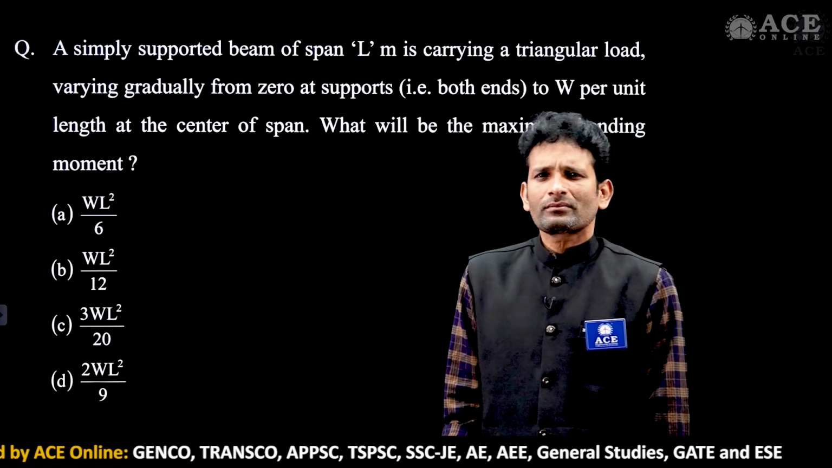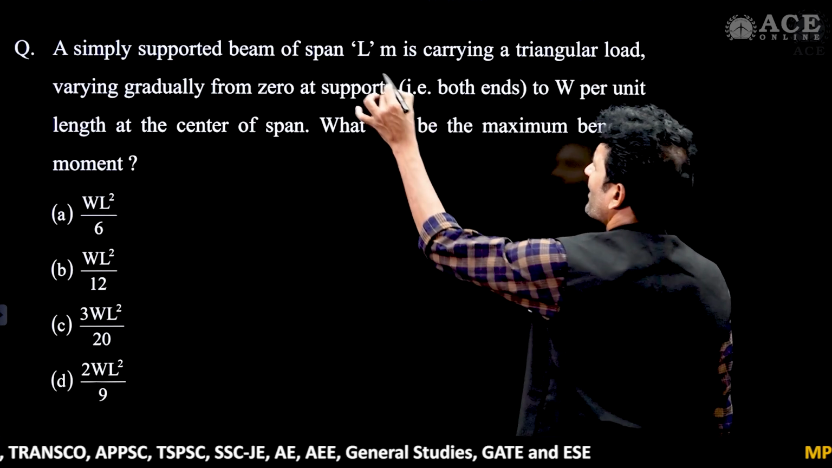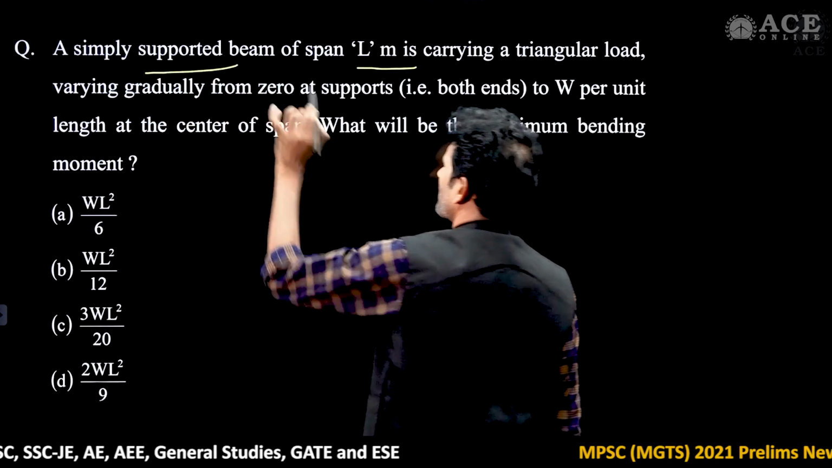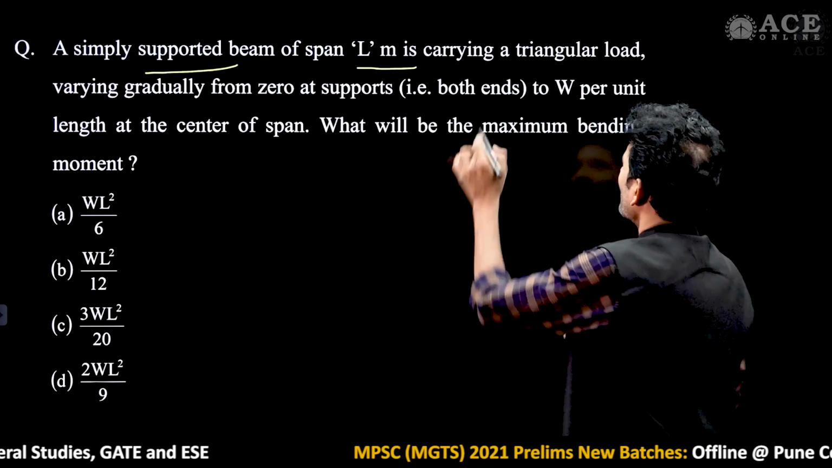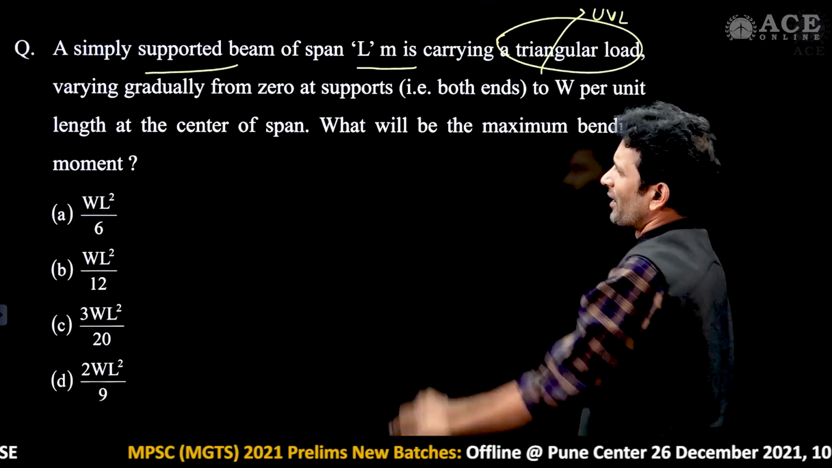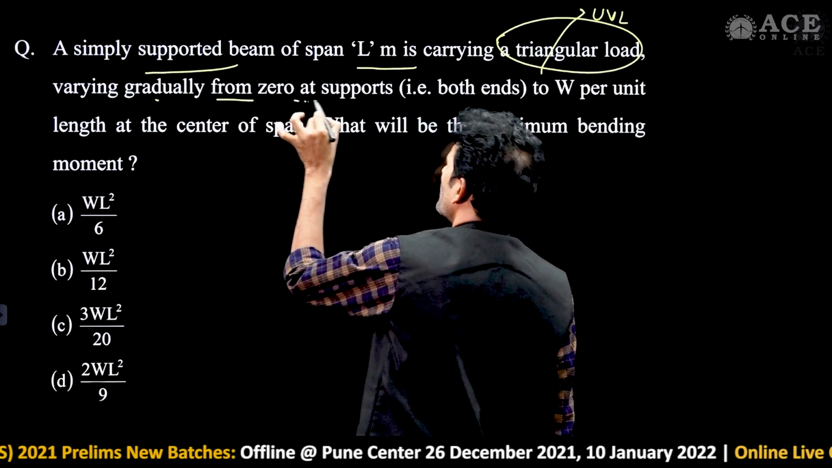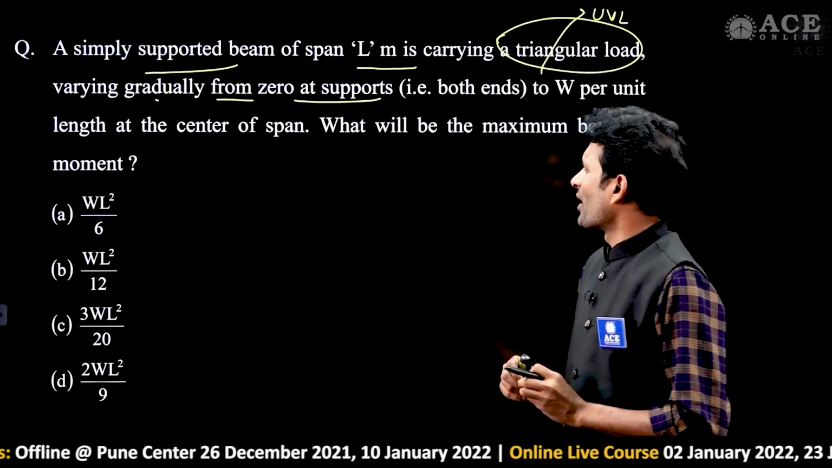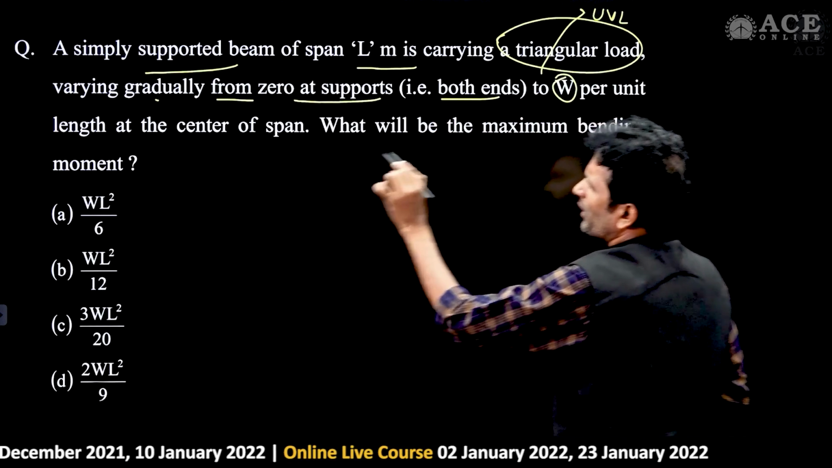See the question. Another interesting question. A simply supported beam of span L meters. The type of beam is simply supported, and the length of the beam is given as L. It carries a triangular load. A triangular load is nothing but a UVL. How is it varying? Varying gradually from 0 intensity at both supports